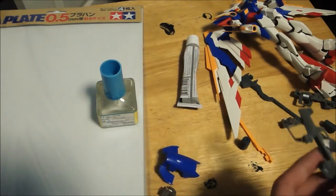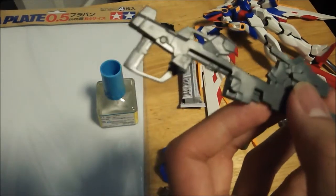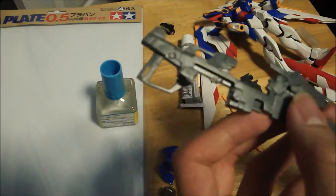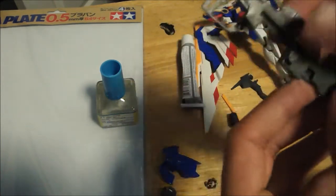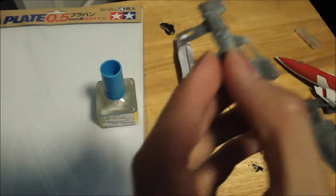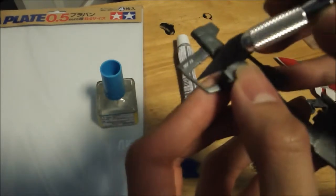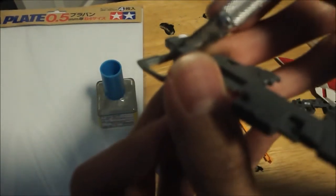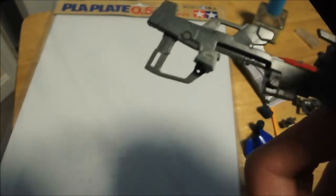Anyways, the light's on, so you can still see the ridge. There's a part in the gun where it goes inside here, and I'm going to cut this part off here. It sort of stoops down, but I'm going to push it up to the rest of the plastic so it becomes flush. There you go, right here, that little